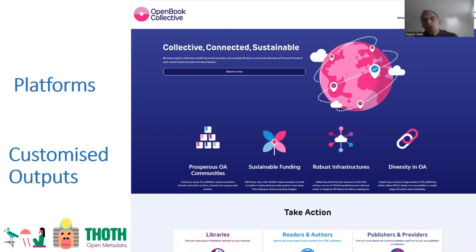We have platforms such as the Open Book Collective, which is another output of the COPIM project, looking to develop a platform to collectively fund various open access publishers and service providers through collective library funding. And they are using the metadata in two different ways. The first, to bring metadata about books onto the website so they can display the books that are being supported through the collective.